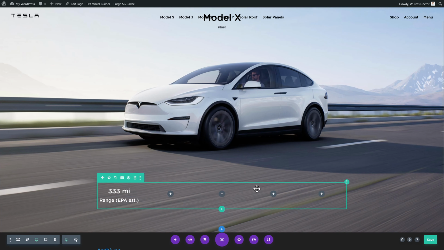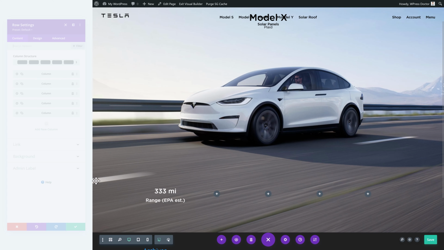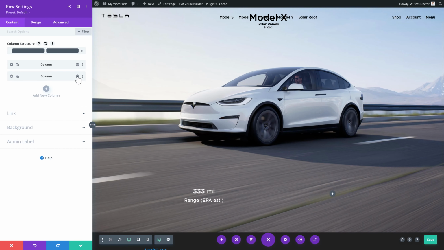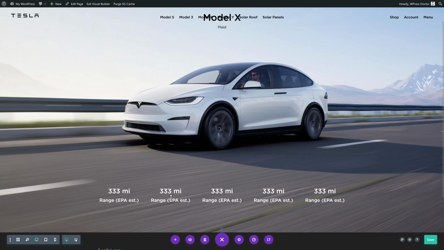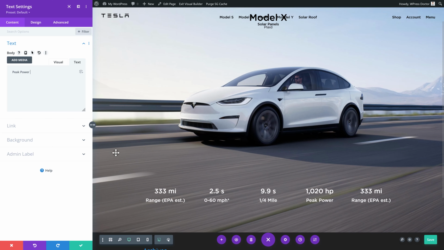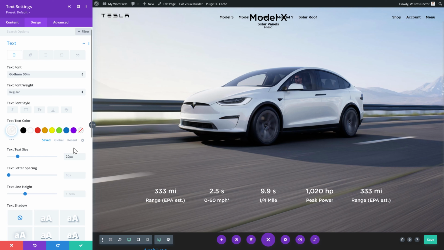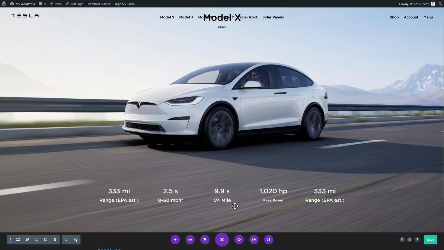To just copy this entire column to the next one, we just go into the settings, gonna delete all the other ones, and just 1, 2, 3, 4, and now we have again 5 columns. But now I can easily change them. I think these are actually a little bit smaller. So we go back to design and we're gonna make them 15 like this.